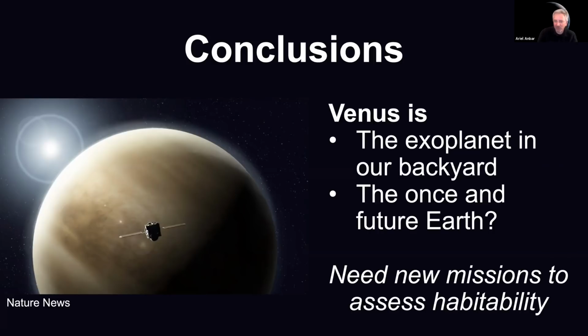Misha Zoltov asked, can the slow rotation of Venus be related to the lack of magnetic field? I either answer that question in the talk or I get it in the questions. The short answer is no. Venus is a slow rotator compared to other terrestrial planets, but it's still a fast rotator in terms of dynamo physics. There's a non-dimensional number called the Rossby number, which indicates that the Coriolis force should be very important to fluid flow in Venus. And so it's rotating fast enough that if it were convecting, you would expect a dynamo.